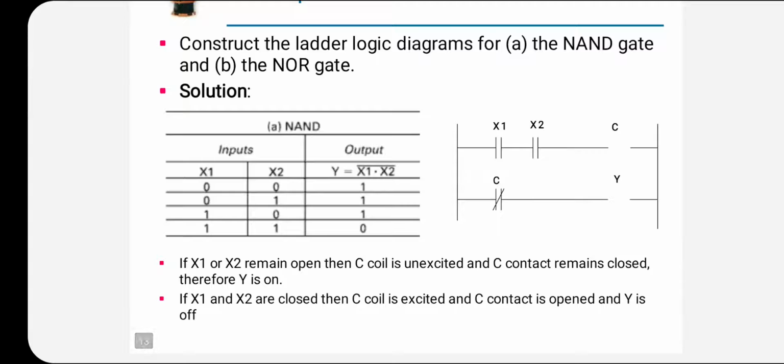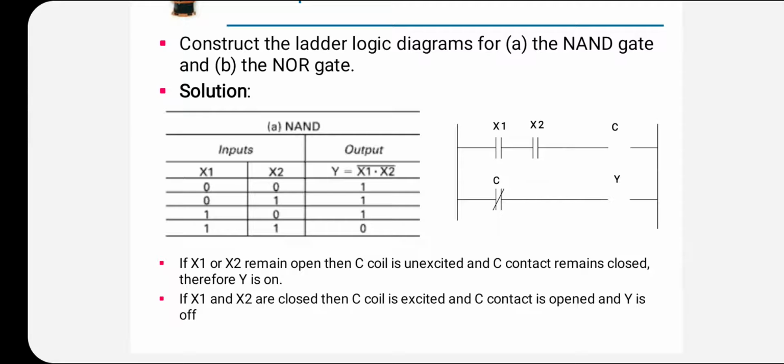So let us solve this problem step by step. Let us write down x1 and x2 in columns and y equal to x1 into x2. This is the inverse, the reverse of that. You know that if x1 and x2 are 0, the actual y is 0 for AND, and for NAND it is 1. For either 0 and 1 for x1 and x2, the output is 0 for AND, and for NAND it is 1. So you write down the NAND results for y.